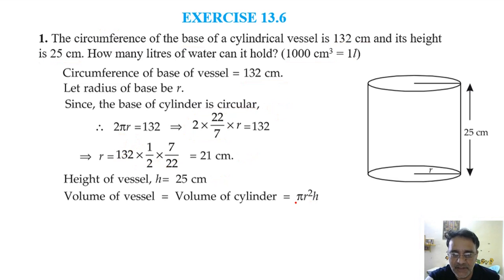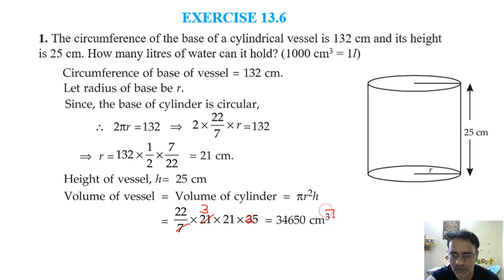Now we will substitute the value of pi, r and h. Okay, so 22 by 7 into 21 into 21 into 35. No, the value of h is 25, so I am writing 25. A little mistake happened here. Now 21 we will divide by 7. We are getting 3. So 22 into 3 into 21 into 25. We are getting